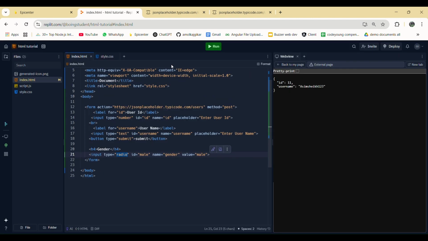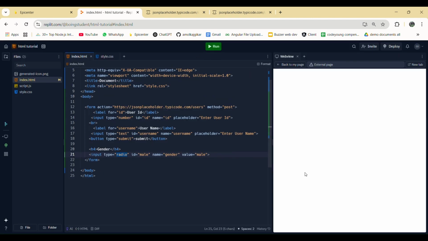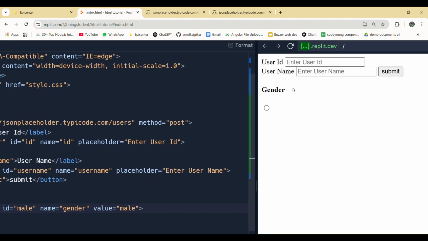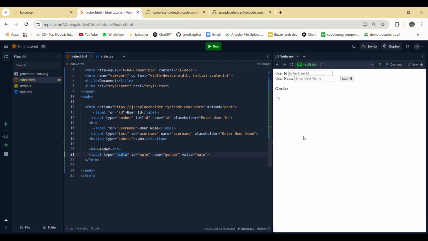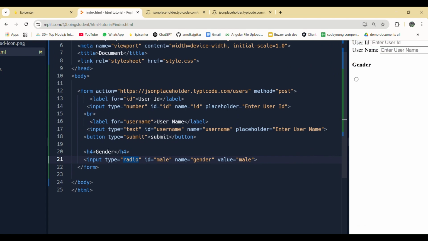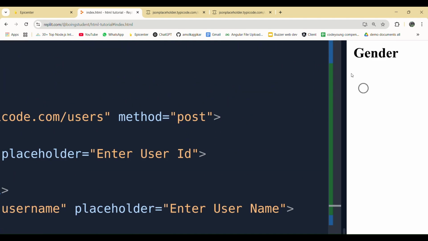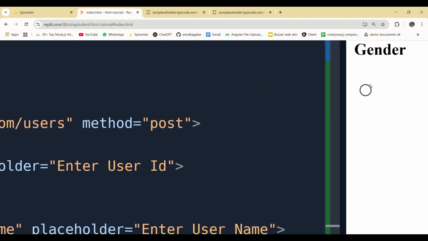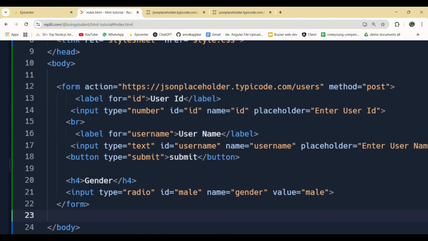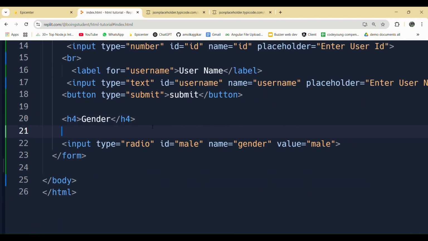That will give you a tiny circular button. Though we have this circular button, what does this button belong to? We are not mentioning it, right? So for that, of course, you cannot use a placeholder because there is not enough space for the placeholder to be visible. Instead, we should be using a label.